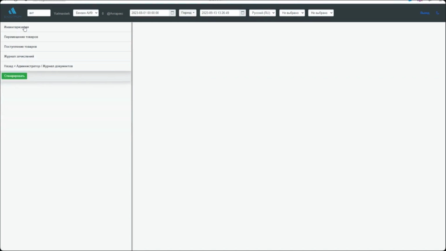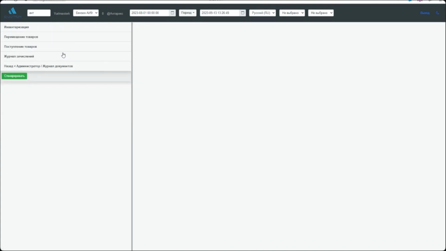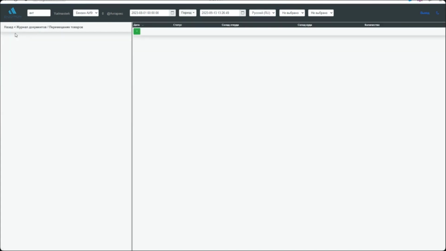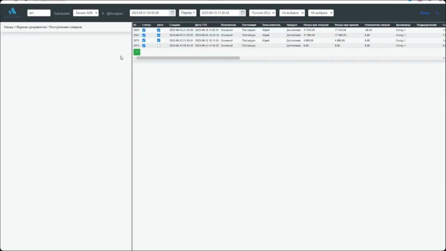For example, let's suppose the data from August, and what are we going to watch now? We have a designated area for GSM warehouses, which is regulated by specific documentation. There is an opportunity to submit inventory documents to enter initial balances for accurate record keeping. There is a chance of generating waybills for transportation. If, for instance, fuel tankers receive fuel, there is an automated process for generating receipts based on